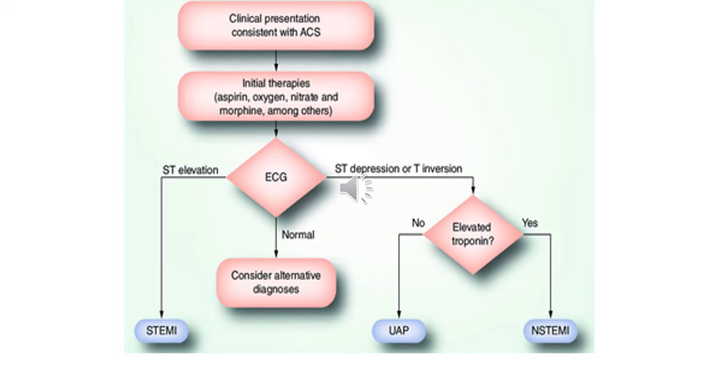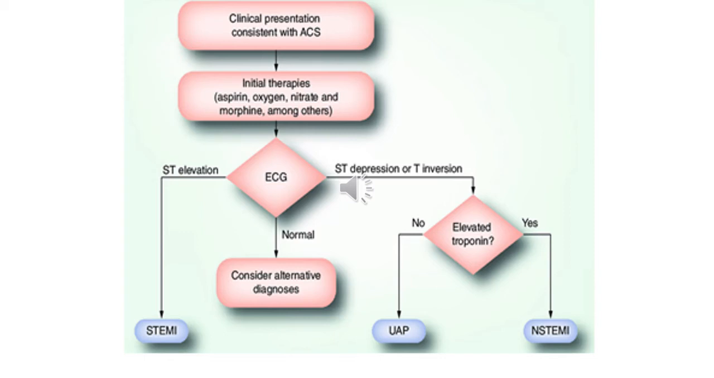This is a demonstrative algorithm for patients presenting with suspected acute coronary syndrome. We start with aspirin, nitrates, morphine, oxygen if the patient is hypoxic, and perform ECG. If there is ST elevation, this is STEMI, so we have to go for primary PCI or fibrinolysis, thrombolytic therapy. Or if the patient has ST depression or T-wave inversion, or even a normal ECG,